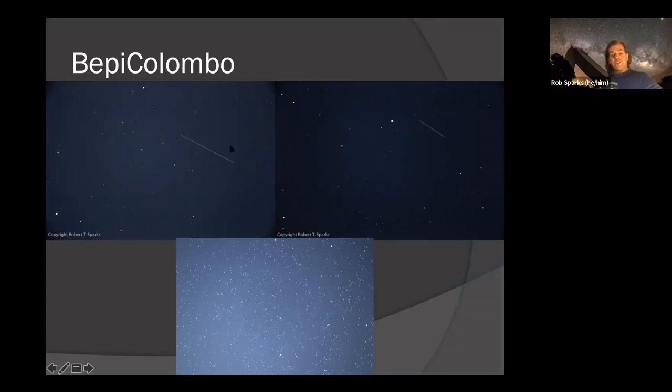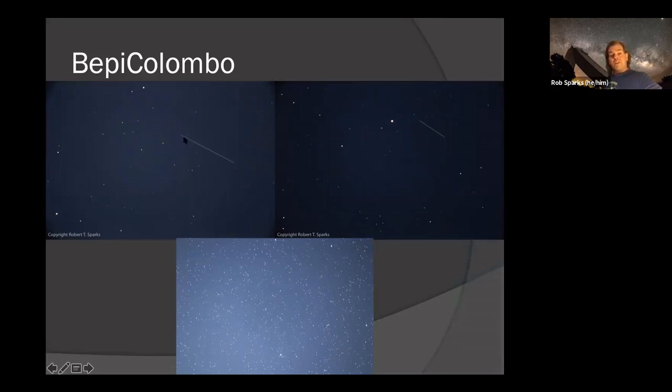The left picture is the first one within a minute after coming out of the shadow. The one on the right is about 40 minutes later. I tracked it for roughly 40 minutes while it was going across the sky. You can see that the streak length is much shorter because the satellite's farther away, so it appears to be moving much slower. And you can see the sky is darker. Same camera settings, same processing, and that's because it moves so much farther away from the moon.